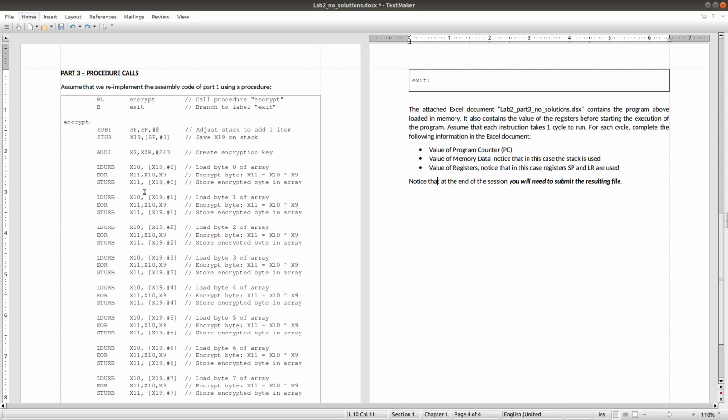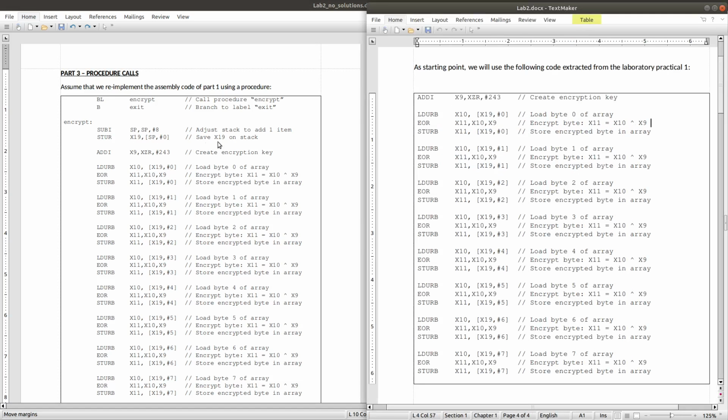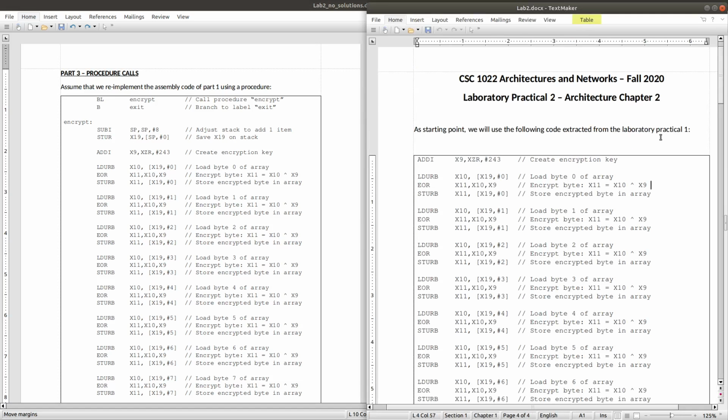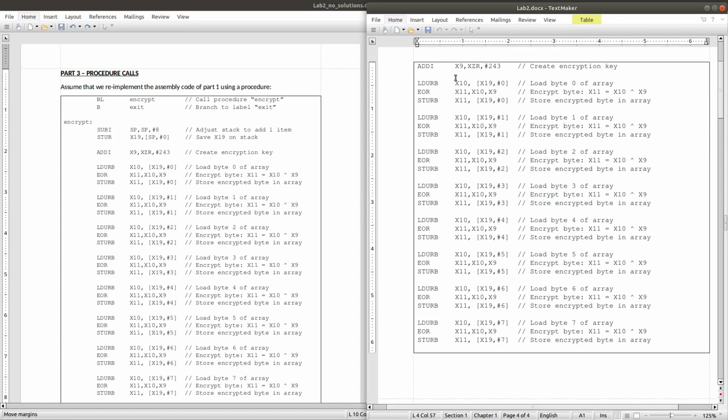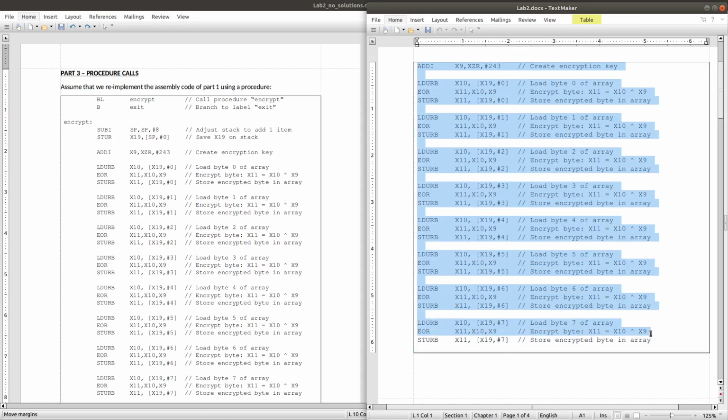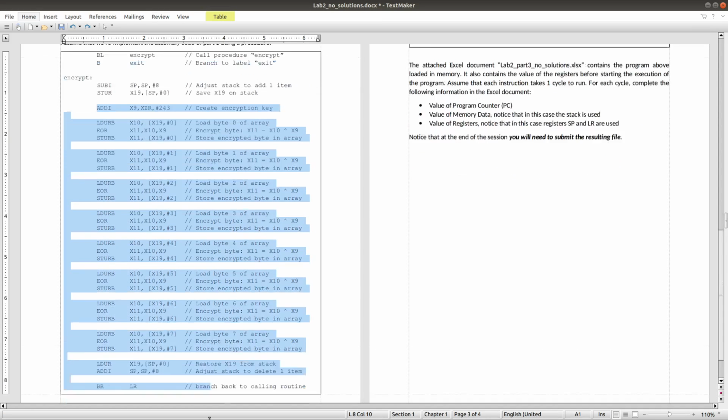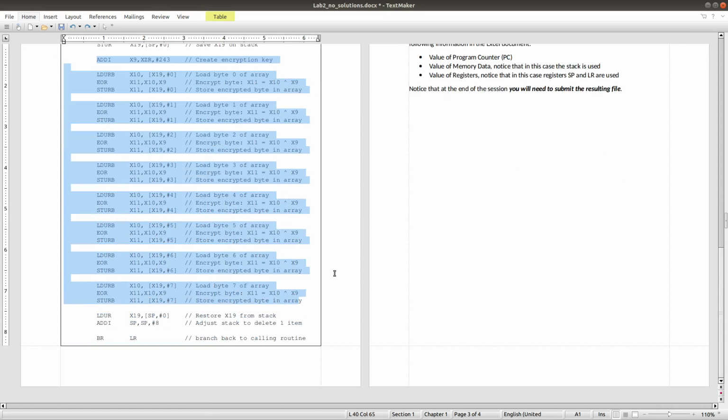And if we look into this program and make a comparison with our first program in today's practical part 1, we can see that all these instructions in our part 1 are completely the same as these.